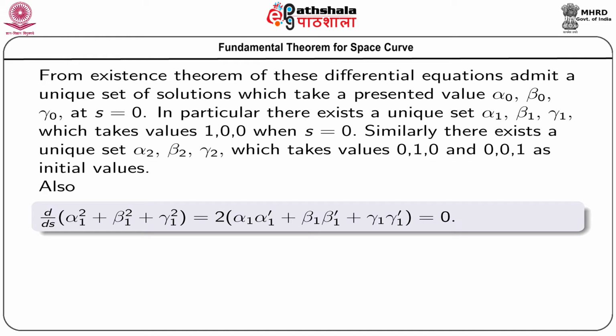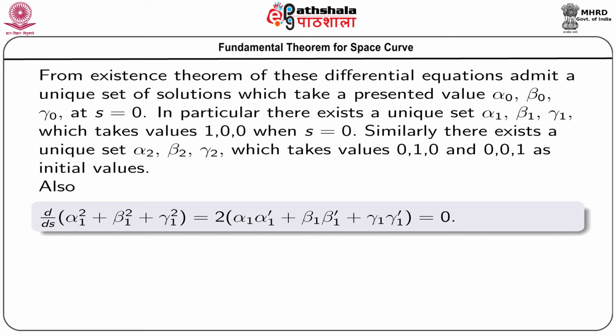Similarly, we can consider there exists a unique set alpha 2, beta 2, gamma 2, and alpha 3, beta 3, gamma 3, which take values 0, 1, 0 and 0, 0, 1 as initial values. And also this alpha 1, beta 1, gamma 1